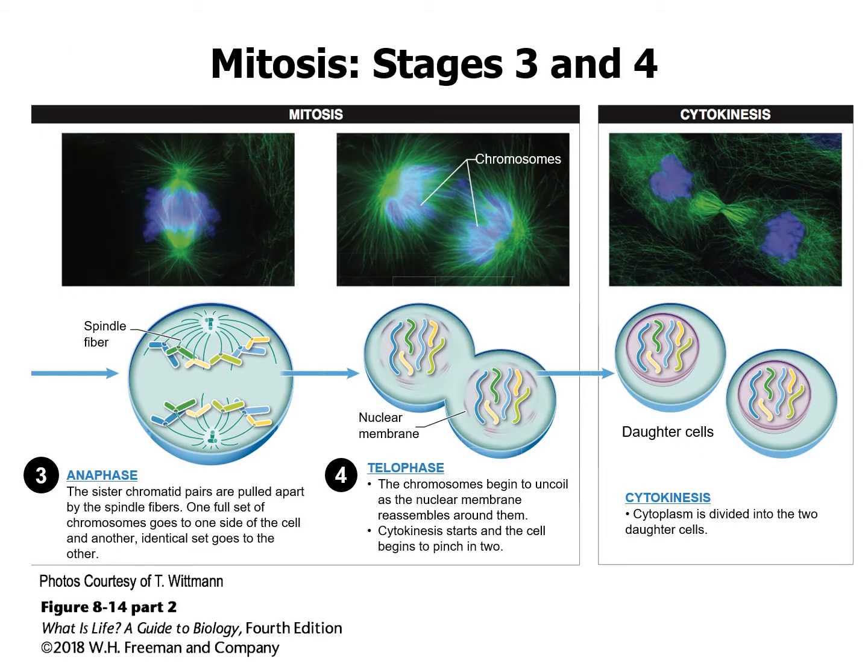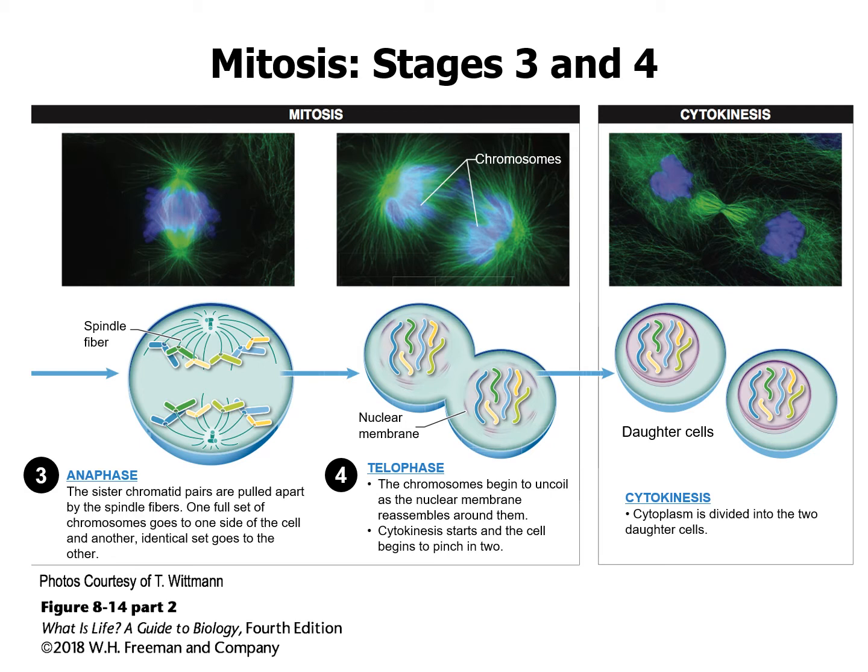From metaphase, we enter into anaphase, and this is where those spindle fibers start pulling our sister chromatids apart. So one half of a sister goes to one side of the cell while the other half goes to the other side. Remember, our sister chromatids are identical. So we have one half of that identical DNA going to one side and one half of the identical DNA going to the other. So the same thing is going to either side of the cell.